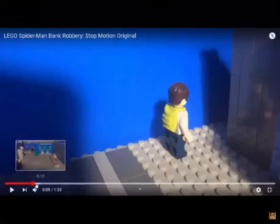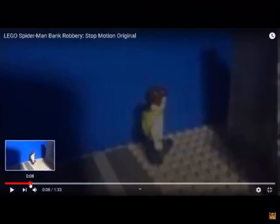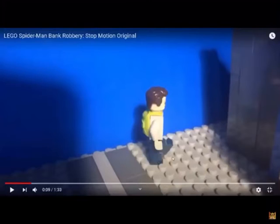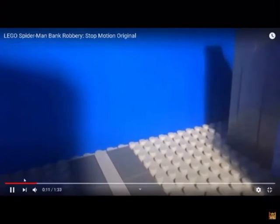Okay, so what you need to do when they're turning is go for the first frame where they're facing this way. It's also better to move this leg backwards, because when you're standing and you're going to turn, it's more likely that you'll lift this leg up and bring it backwards to make you turn around like that. But you need to get it over with in two or three frames max. And then with the walking,